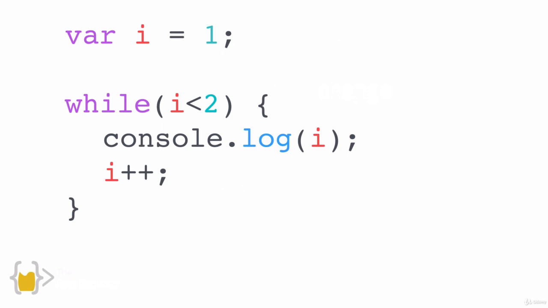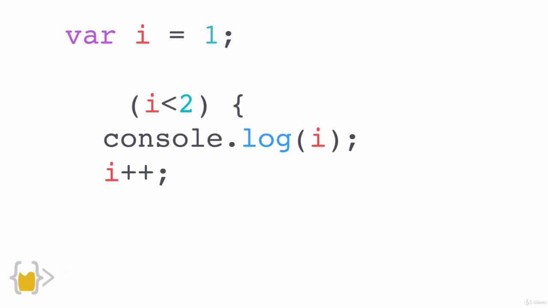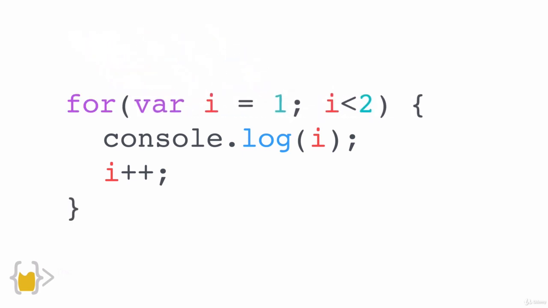So if we take a look back at the while loop that we should now be familiar with, you can see that the for loop is essentially just a reshuffling of all the elements of the while loop. We're changing the while keyword to the for keyword, and then the var creation goes into the parentheses, defining the starting point. So we're starting from 1. Then the next thing inside the parentheses is the ending point of the for loop. So we'll end once i is less than 2.